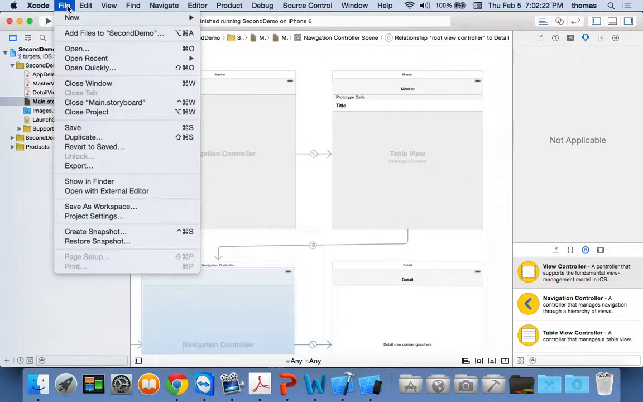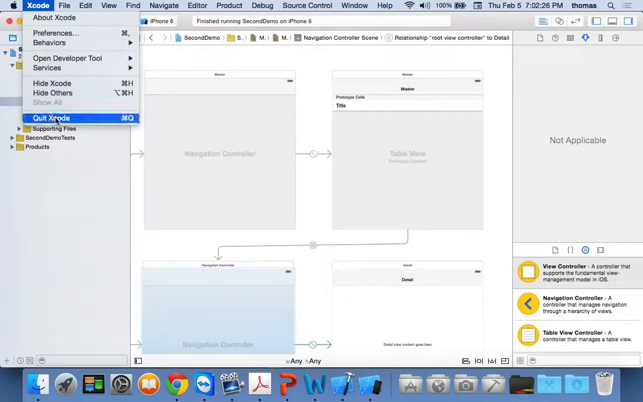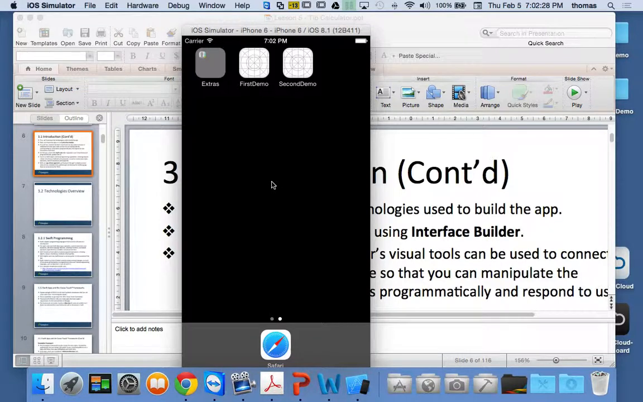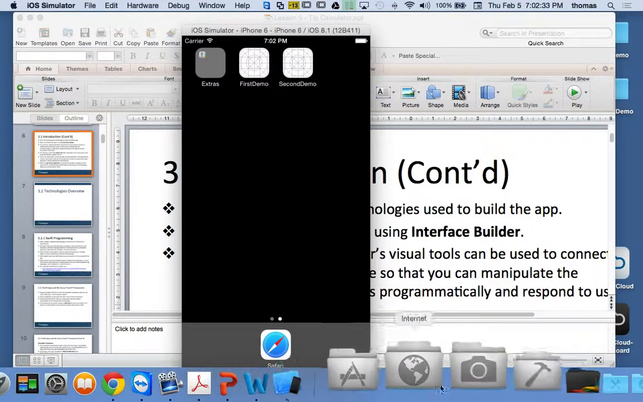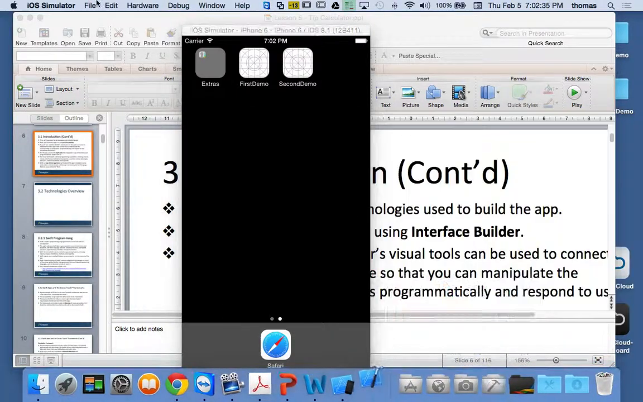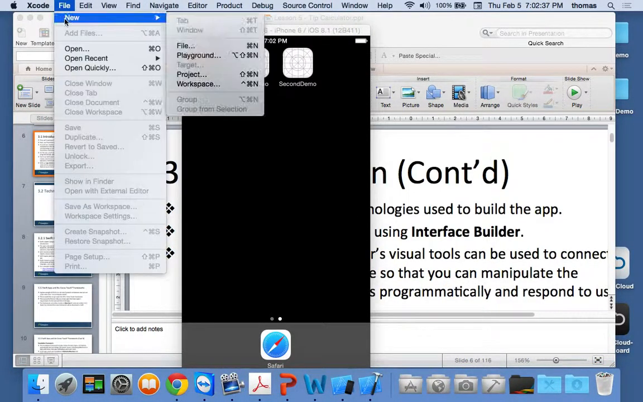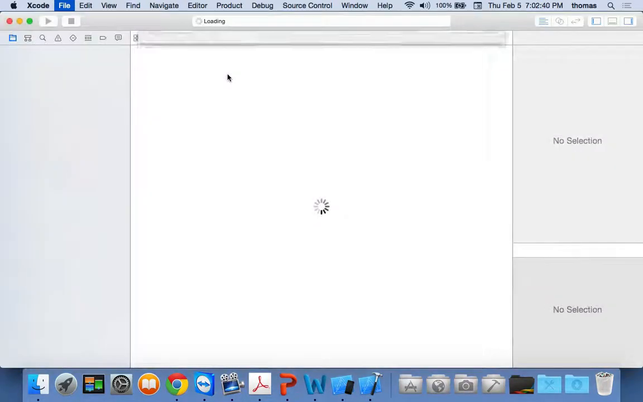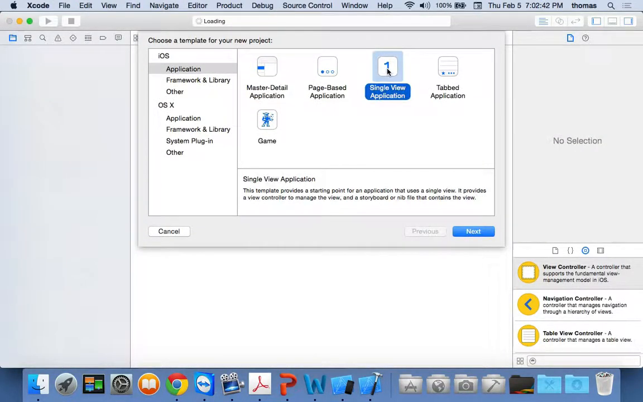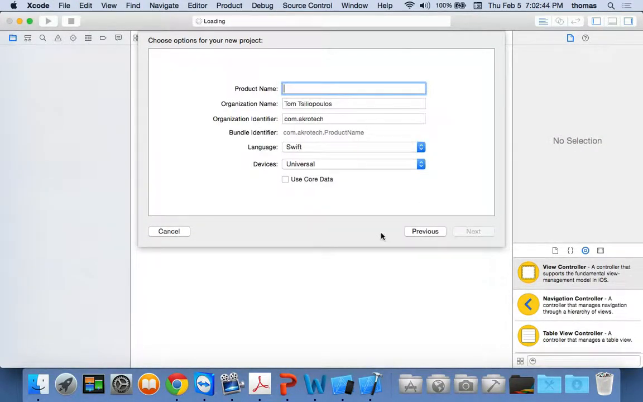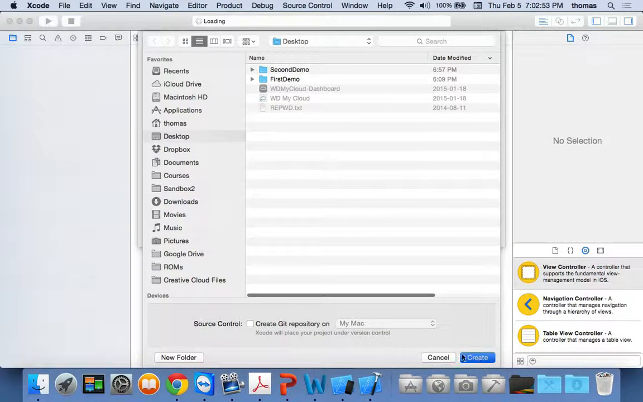Let's try that. So I'm going to close this one off. I'm going to quit Xcode. Right, here we go. And I'm going to launch it again with my new project. Launch Xcode with a new project type. And this time I'm going to go back to that single view application, right? And I'm going to call this third demo. I'm going to keep the other one, that first demo, because I want you to remember what you did there. And when I create this third demo in here,